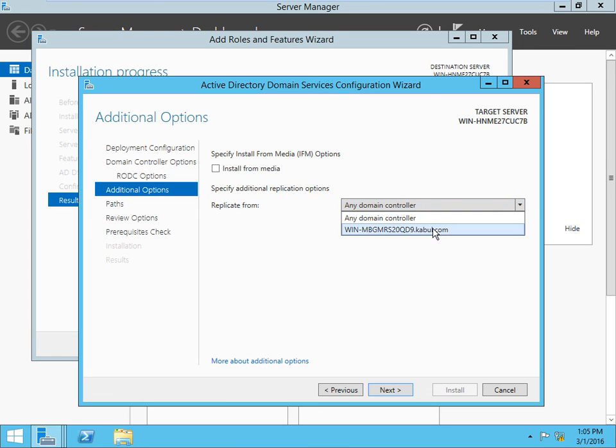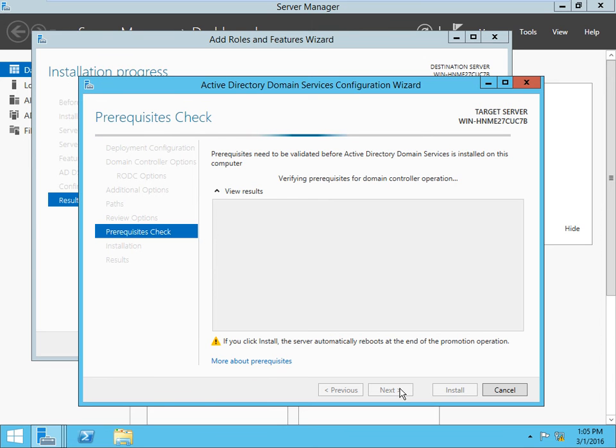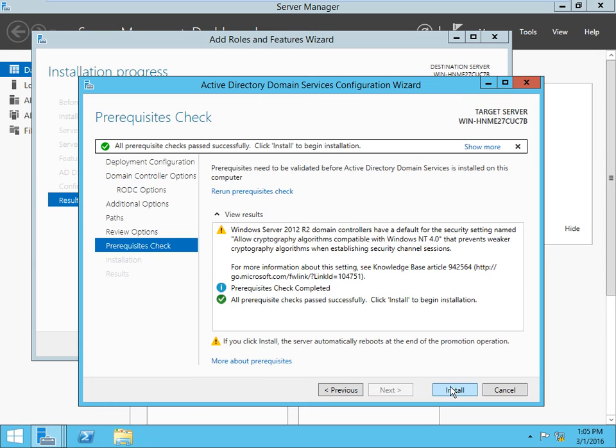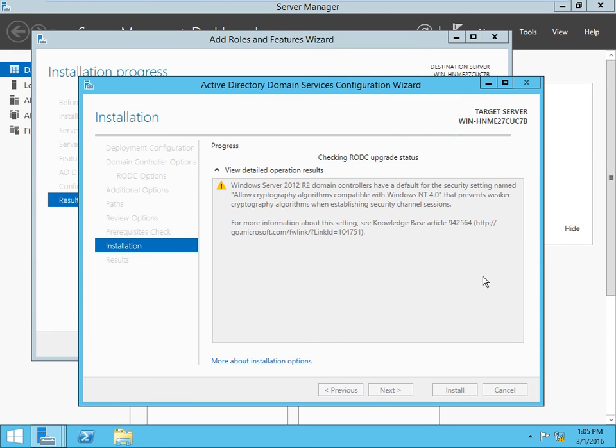The domain is Kabul.com. You can change the computer name. Install this. So the network is working properly, we don't have a problem. After this device reboots, we will verify this practical.